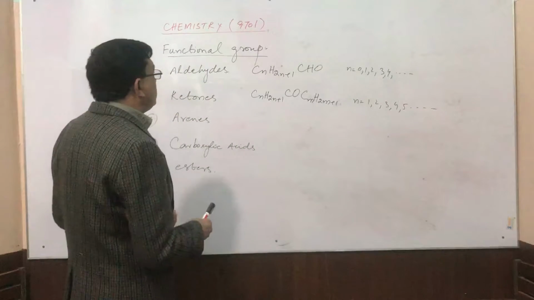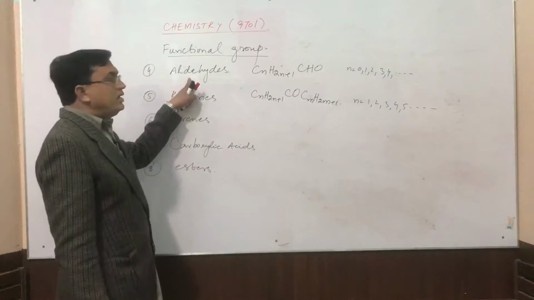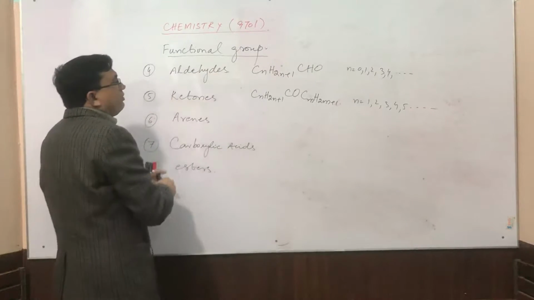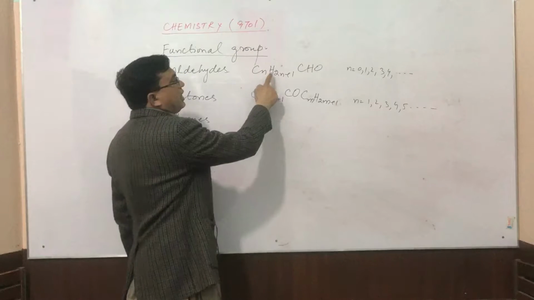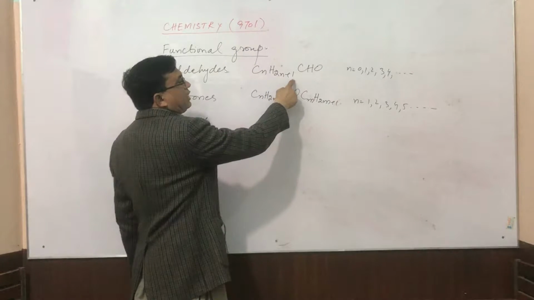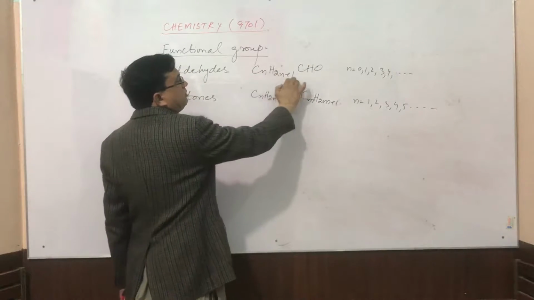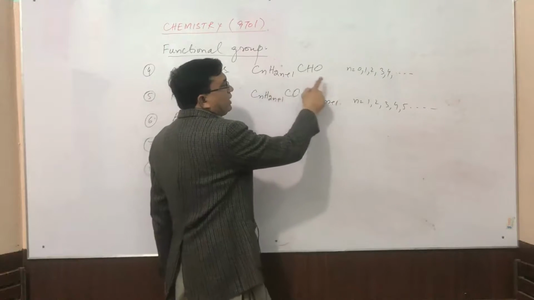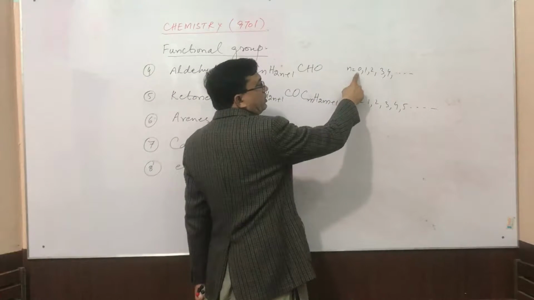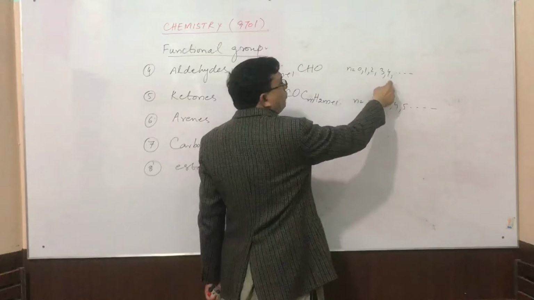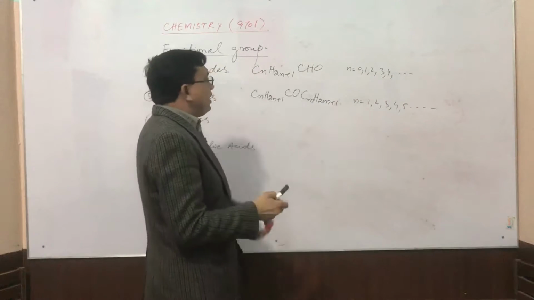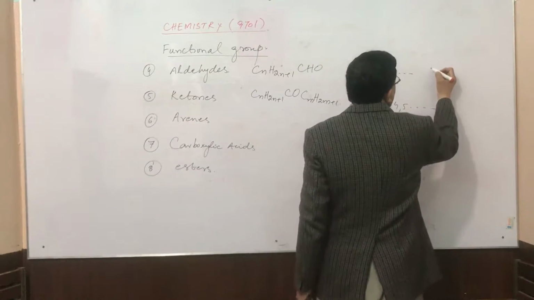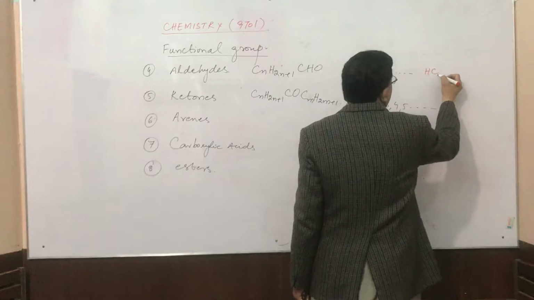Hello. The next functional group is aldehydes. These aldehydes have the general formula CnH2n+1CHO. This is represented generally in this manner. Here the value of n starts from 0, then 1, 2, 3, 4, and so on. If we put 0 for this functional group, then the first member comes, which can be represented as